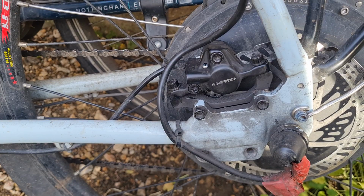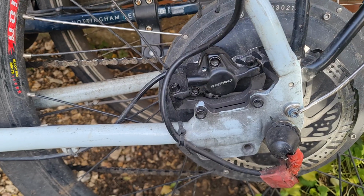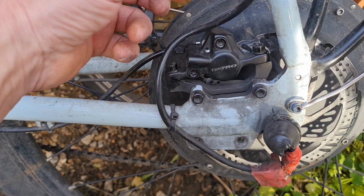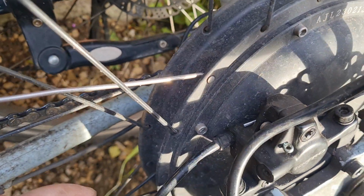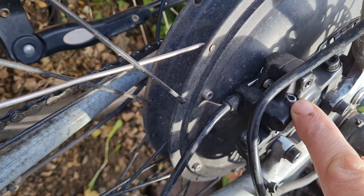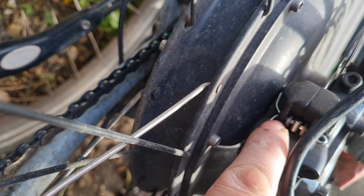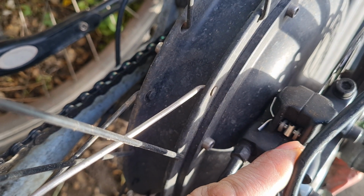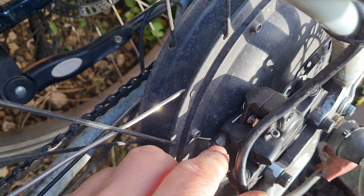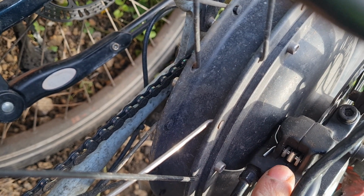Basically the way this one is done is got these two bolts here with Allen key. I think it's 8mm. Take these two out, this comes out, then you pull this pin, just pull that out, straighten this one at the back, pull it out, and there is the brake pads. There's one brake pad, there's the other one, and they both come through on the other side. Take the old ones out, put the new ones in, and notice in the middle there is this